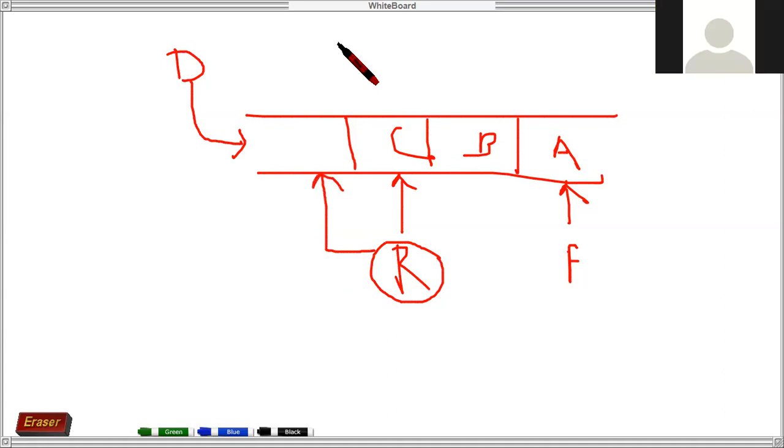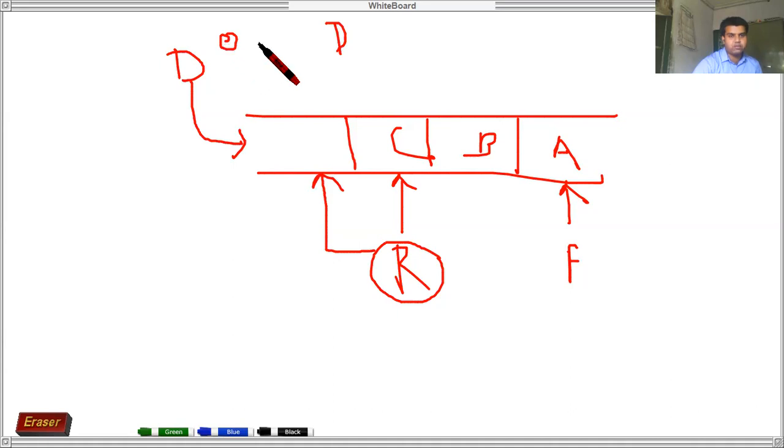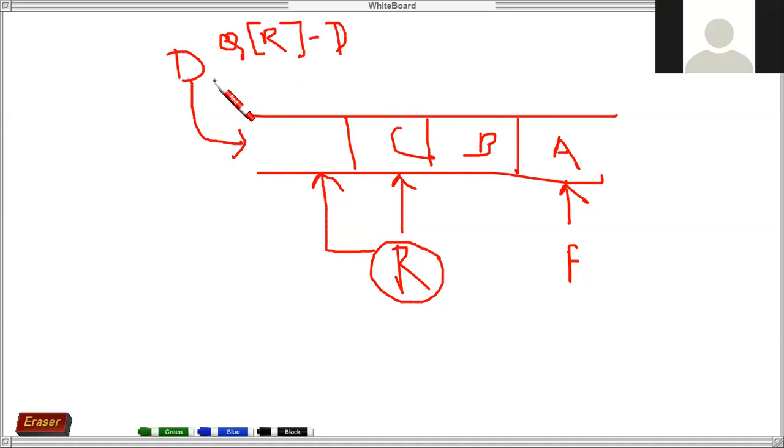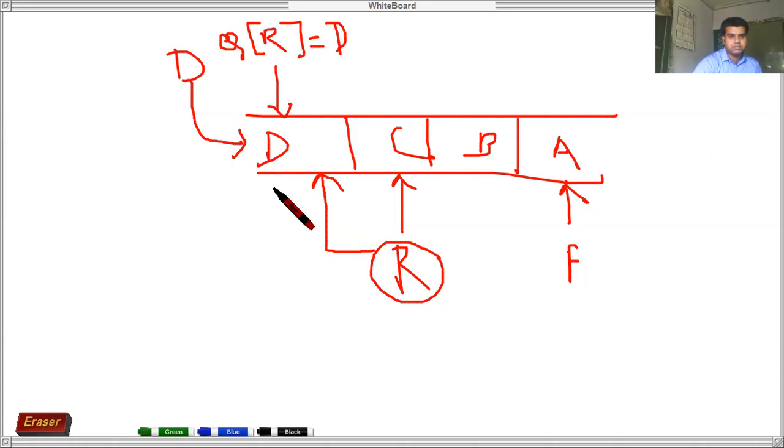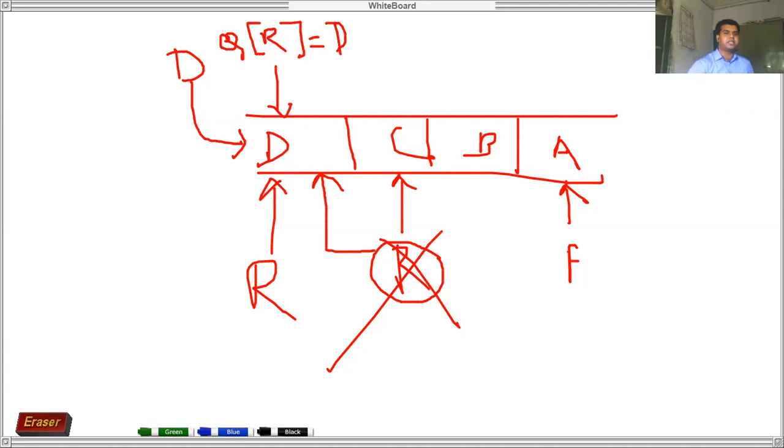Now D value can be stored how? Q of rear is the value of D. Okay, Q of rear has the value D. That is the occasion where you can store the value D. Thus, this becomes the rear value, and C loses the position of the rear value. So Q of rear becomes D, and that is how D is assigned into the new memory address which is present in the Q. This is the so-called programmatic syntax, that you are inserting a new value inside the Q.